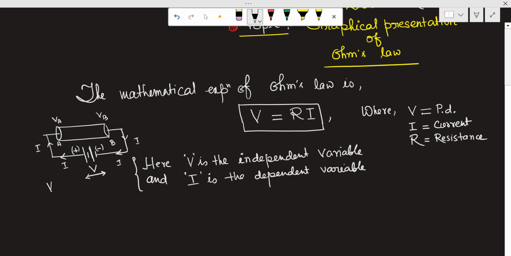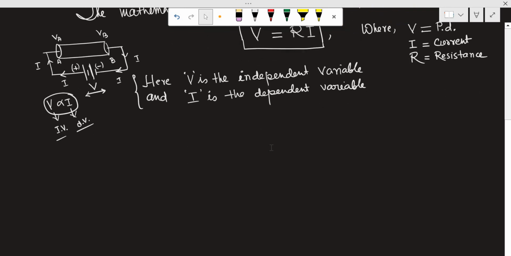So if we increase the potential difference, then obviously the current will increase. That we learn from Ohm's law, which states that V is proportional to I. So V is the independent variable and I, that is current, is the dependent variable. This is I-V and this is dV. Now we know that